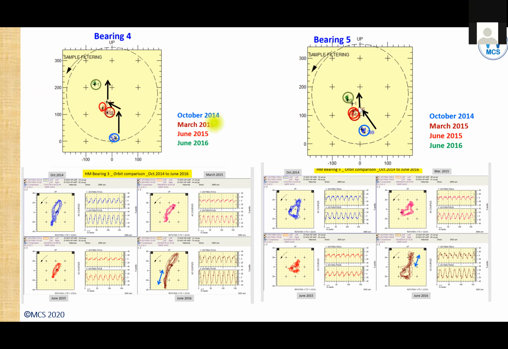In both cases, the shaft within these 2 bearings is trying to lift up, whereas the shaft on bearing 1 is trying to move horizontally. So there is a significant movement happening in the entire machine train. And if you look at the orbits for bearing 4, you can see how the orbits are changing over a period of time. At the last instant of time, you can see a very highly preloaded orbit here, and this is getting converted into a figure 8. So if you see the normal base, this orbit is getting converted into a figure 8, suggesting a lot of alignment changes happening there.